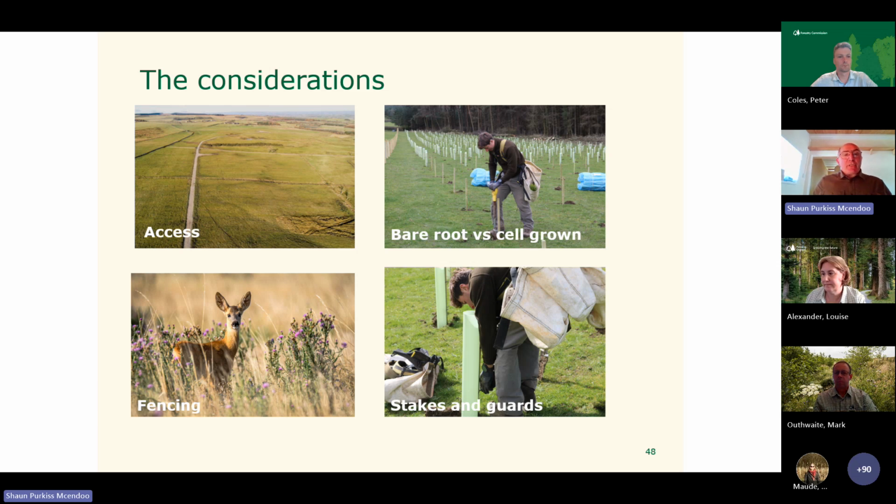Some of the mesh ones that you might use with just 2 canes may not survive in a windy situation going forward, so make sure you choose the guard that can suit your climate, where you're positioned in the job in the landscape, so you can get those stakes that are going to be serviceable to you, and make sure that you've then not got a lot of remedial maintenance on those guards going forward.